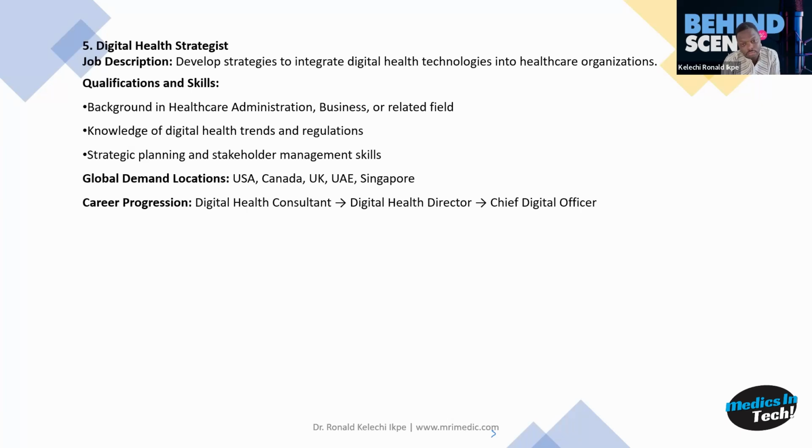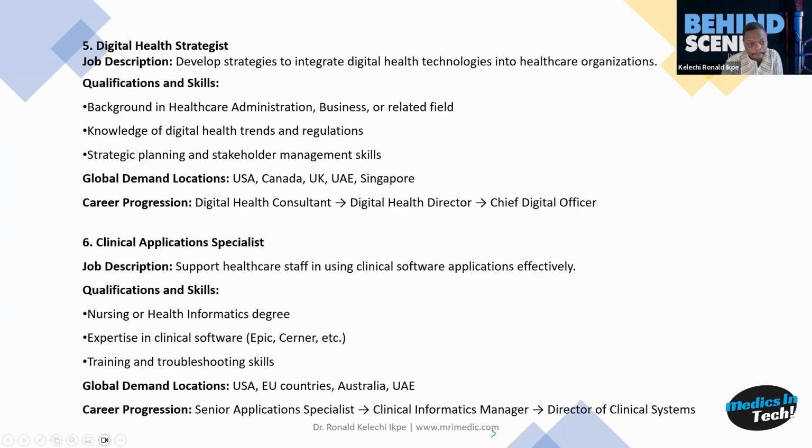Again, these are senior roles and you need to improve yourself or build yourself with certifications to get to those areas, or a chief digital officer. Then I'll quickly look at the clinical applications